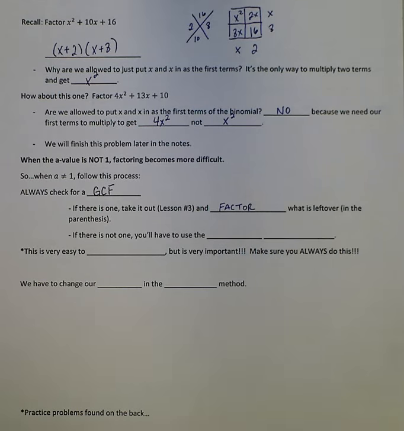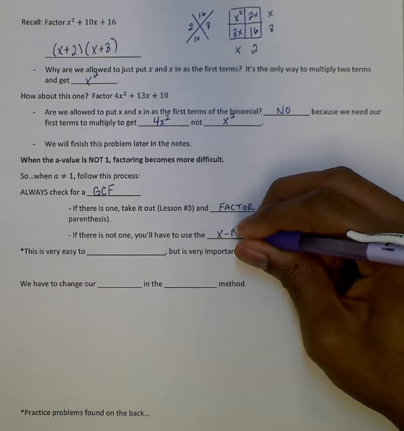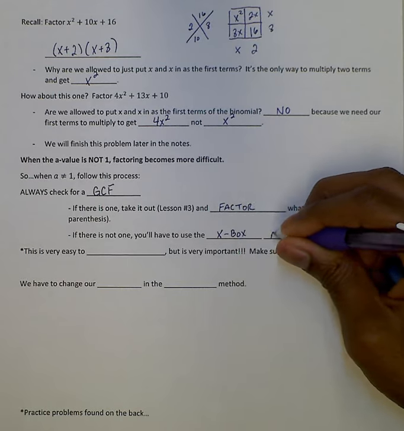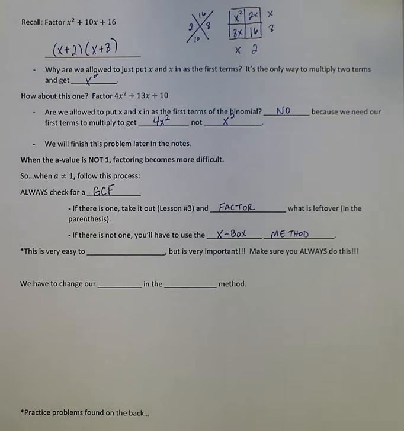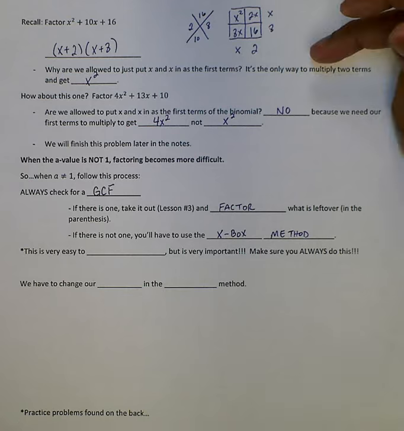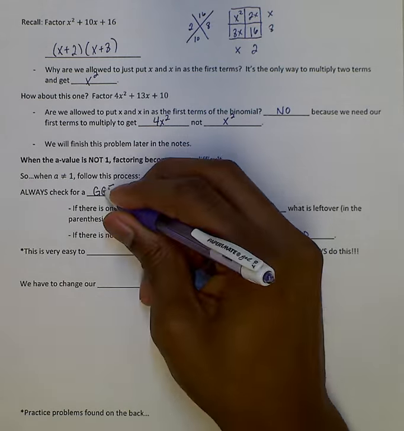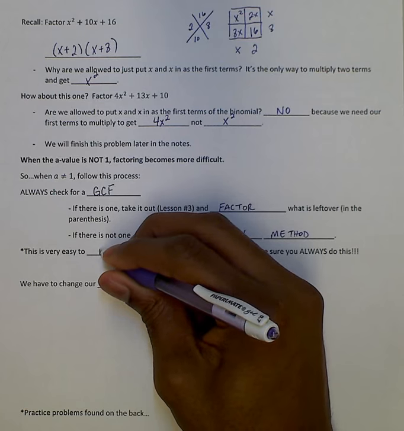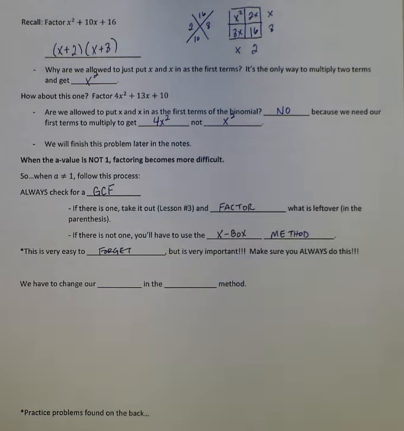Okay, if there's not one, you'll have to use the X box method. And notice that this is really the same thing that we just did in the last lesson. We'll change it just a little bit. This is very easy to forget though, to use the GCF. Make sure you do that. Okay. Alright. So what we'll do for the X box method is we'll have to change our